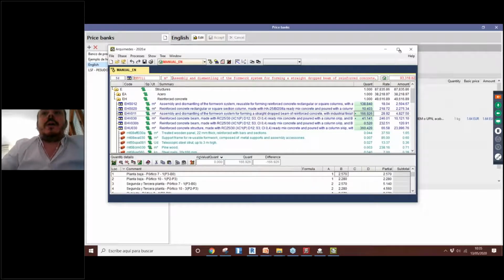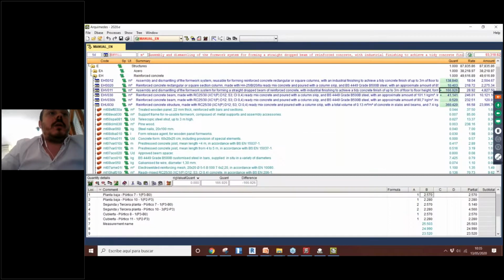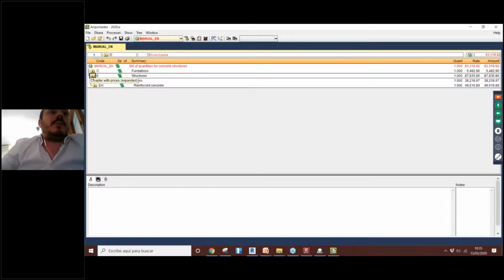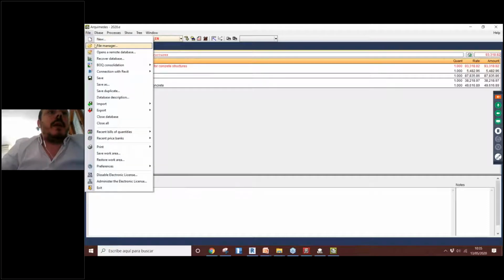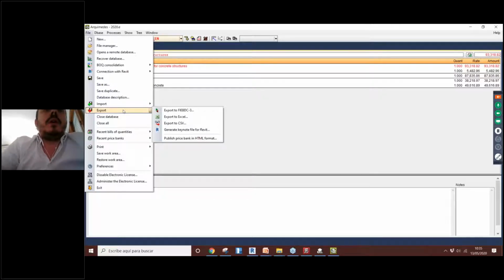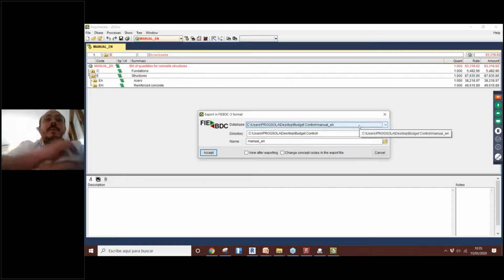Okay, so here we have our budget that we have been working before. We can export this information as a price bank or as a budget, and actually we use one option that we have here, that is export, and use this format here. It's the format BC3. It's a standard, an open format like IFC is for BIM models. We have the same kind of open formats for quantities takeoffs. So I will export this